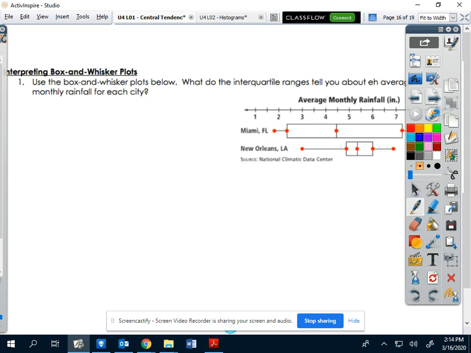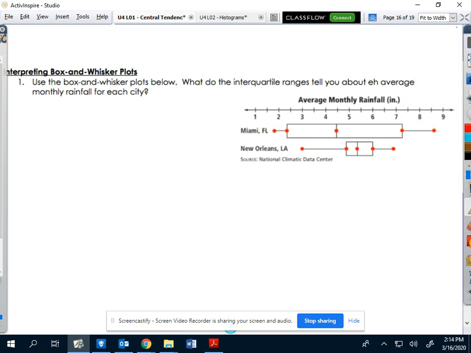But then what becomes more important is when we compare the two to each other. So if we have two box and whisker plots here for Miami, Florida, and the amount of rain in New Orleans, Louisiana, we want to compare the two. It's important that we be able to look at these two box and whisker plots at the same time. So when you look at this one, it says, what do the interquartile ranges tell you about the monthly rainfall